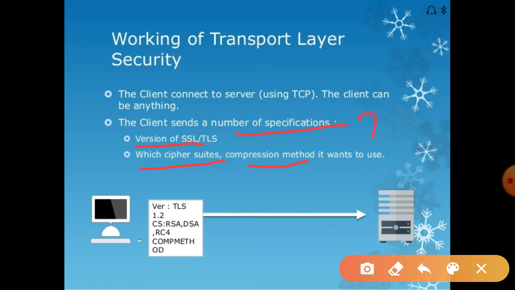The cipher suite means which algorithms it uses to encrypt, like RSA, DSA, or RC4. And the compression method, such as SHA or MD5. With this full information, the client sends the specification to the server. This is the first step.